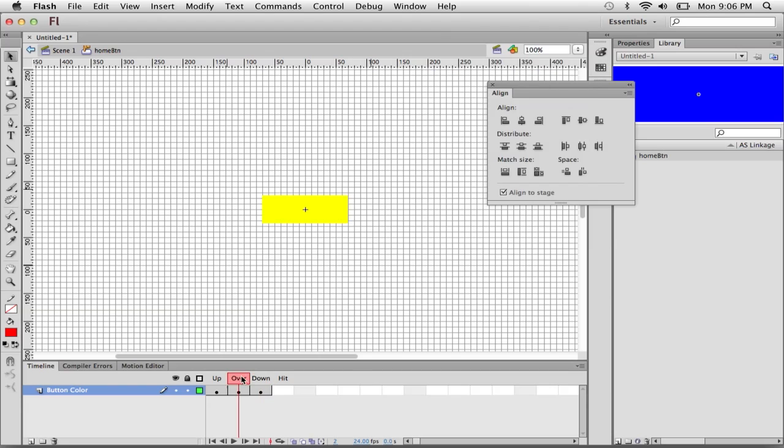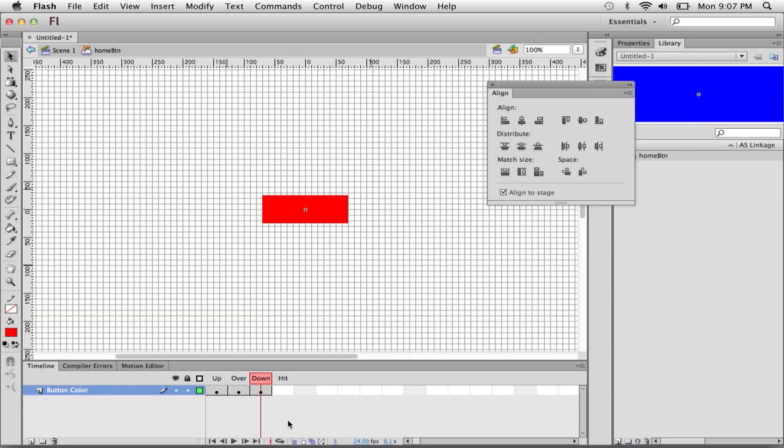So now when no one's touching it, the button's blue, then it becomes yellow when they're over it, and then when I click down, it turns red. Now the hit state, funny enough, in these newer versions of Flash, we don't actually need to draw anything there because it'll just default to whatever the last image is. And what hit means is this is the area that defines the clickable part of the button. So since there's nothing in hit, it's just going to default to whatever was in down, which is the red